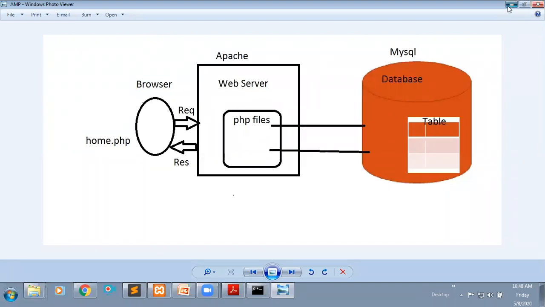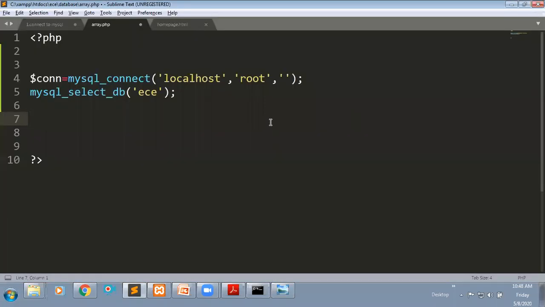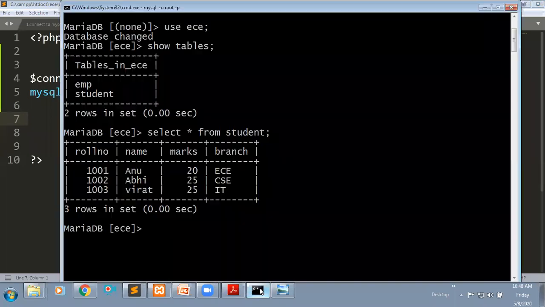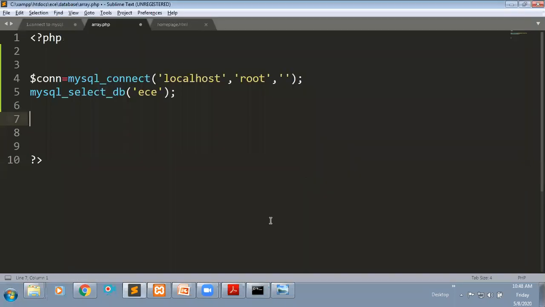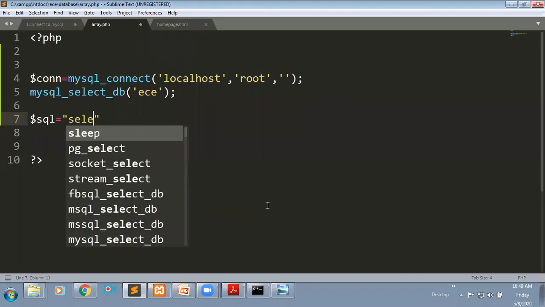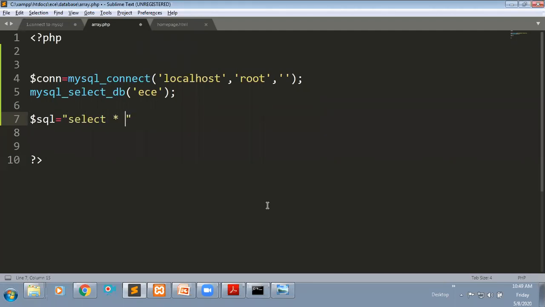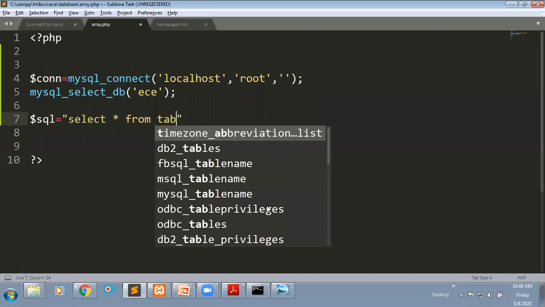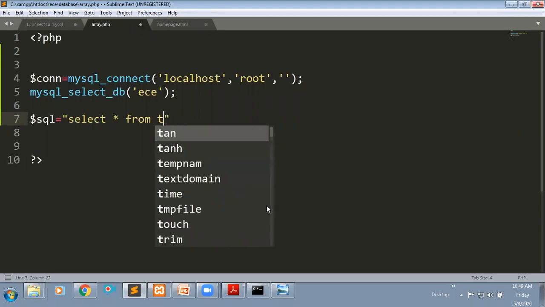Then you need to write the query. Which query are you going to use? A select query, to retrieve your total table data. I am going to take that in a variable: select star from table, and the table name here is student.